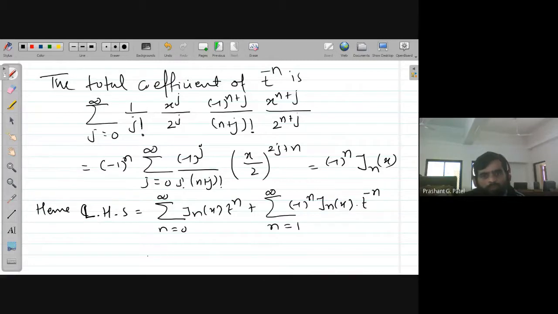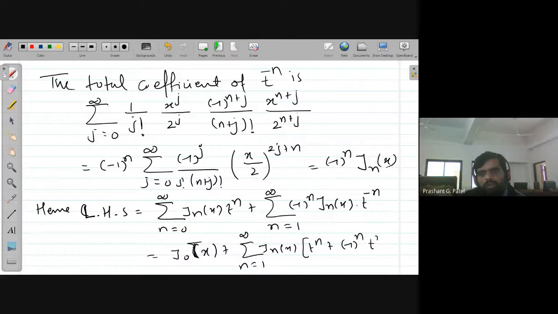And if you combine both of them, it will be J0 you can write down separately plus summation n running from 1 to infinity, Jn is common out, you will have t power n plus minus 1 raised to n t power minus n. So which is